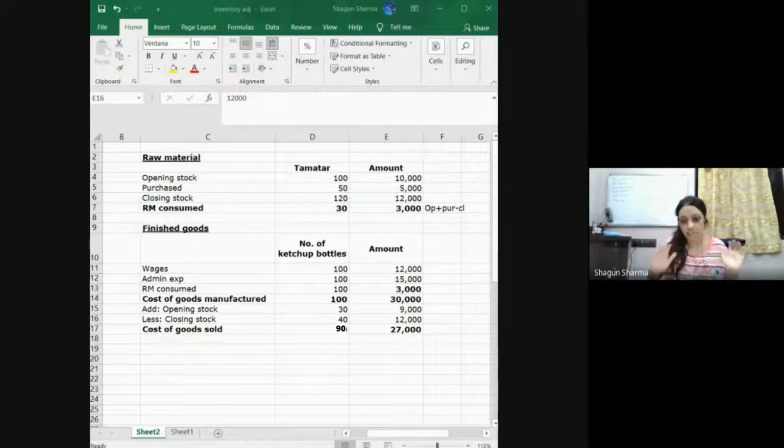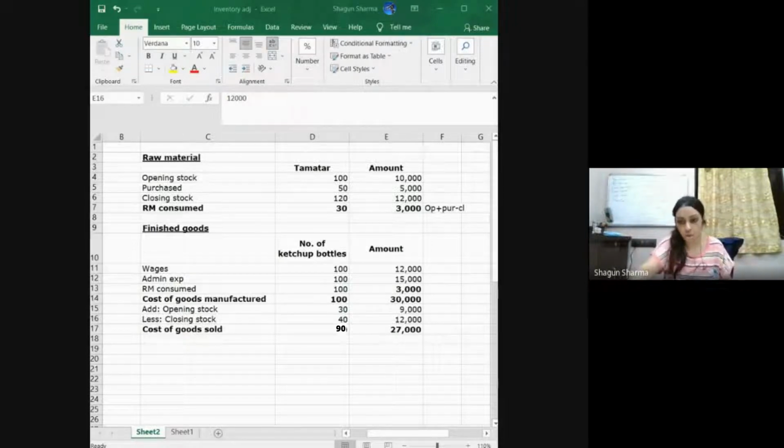So let's start with that inventory adjustment. Okay. So your inventory is always of three types. If you're a manufacturing business, you will have inventories of three types. One will be your raw material. So if ketchup bottles is my product, my raw material is my tomatoes. Then is my WIP, which is my work in progress, which is my half-made ketchup bottles, or say it could be a concentrate, or basically any intermediate product between the raw material and the final ketchup bottle. And my finished goods are my ketchup bottles. Okay, so I have these three types of inventories.